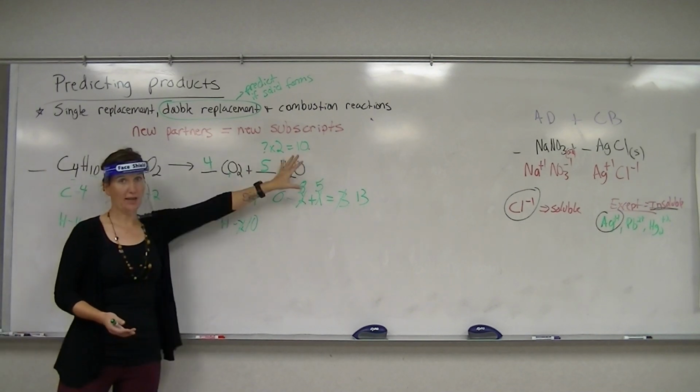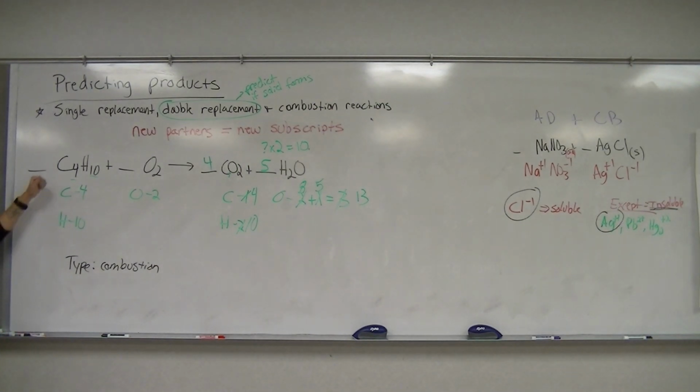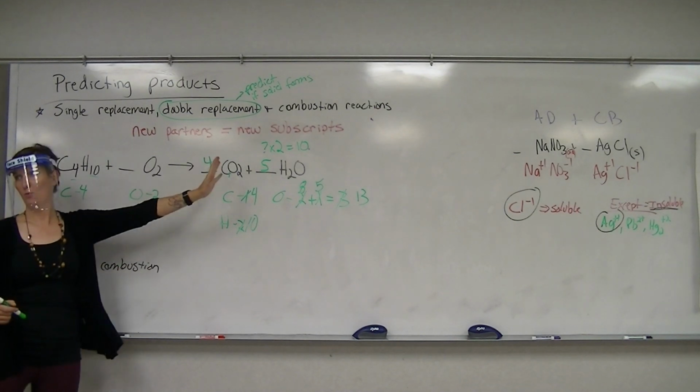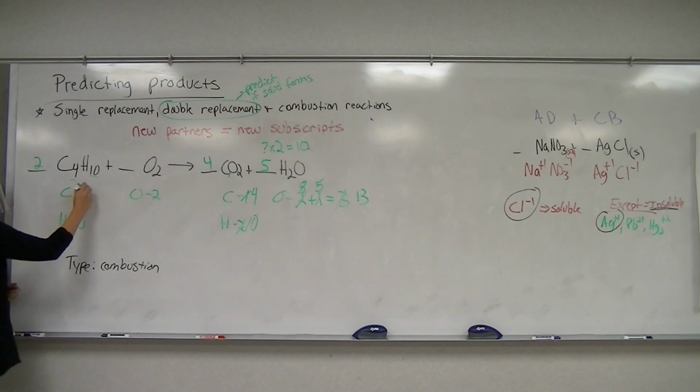But instead of just trying out numbers until I get even over here, what I'm going to do is stick with my plan and just worry about my carbons and hydrogens and wait until the oxygens balance, or wait until they at least give me an even number. So to do that, I'm going to up this just by 1, because I don't want to put 3 or 4, you always just go 1 higher, not ridiculous amounts higher. And what this is going to do is change my carbons. So now I have 2 times 4, 8 carbons,